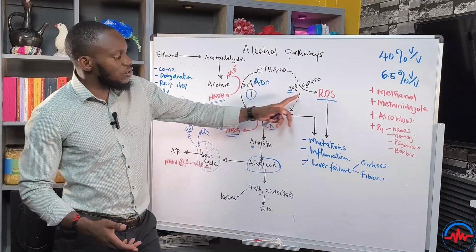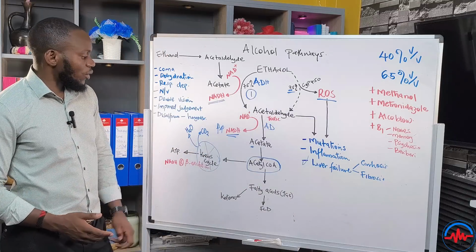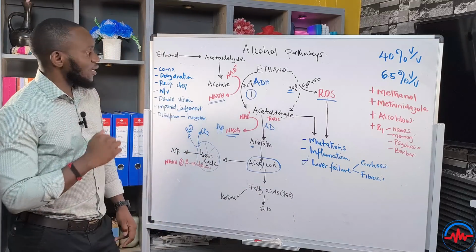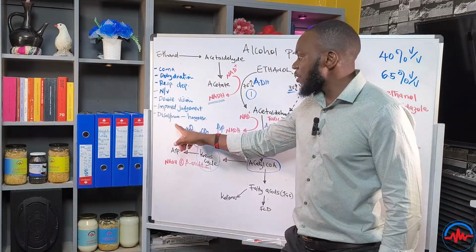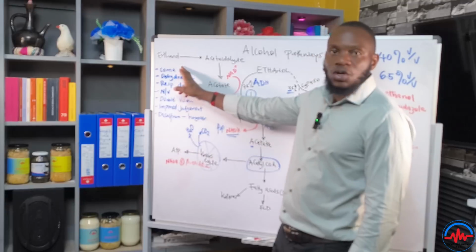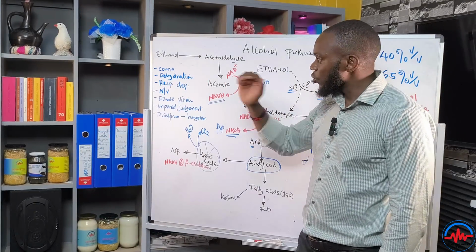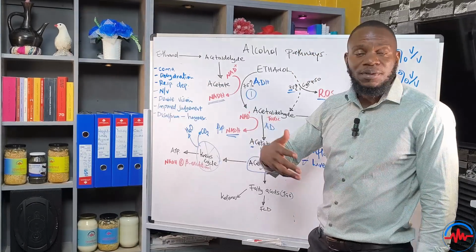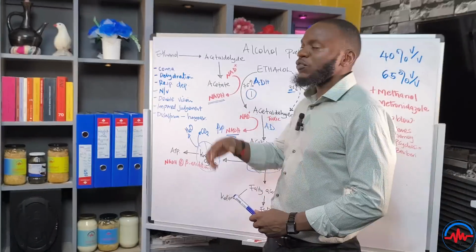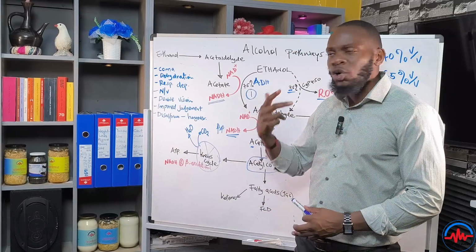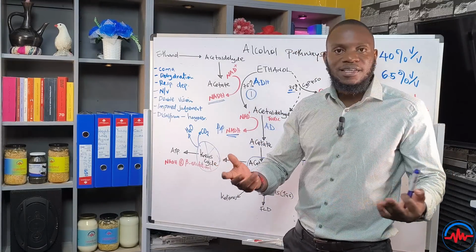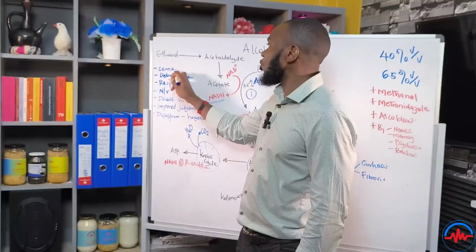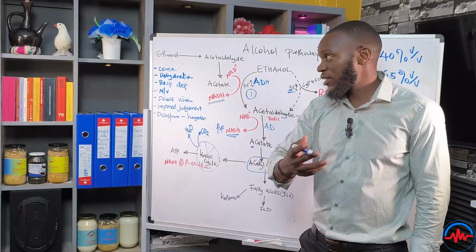So these are the two pathways of breakdown of alcohol in the system. Now understand this. Alcohol can cause you a lot of problems. And these are the problems that actually come in with alcohol. We have the coma. When you're highly intoxicated with alcohol, coma is coming in. You can actually die from it because of dehydration, because of low glucose levels, okay, and buildup of fat in the system and all that, clogging of the arteries and all that. So alcohol can bring you a coma and death, can bring you strokes and heart attacks.